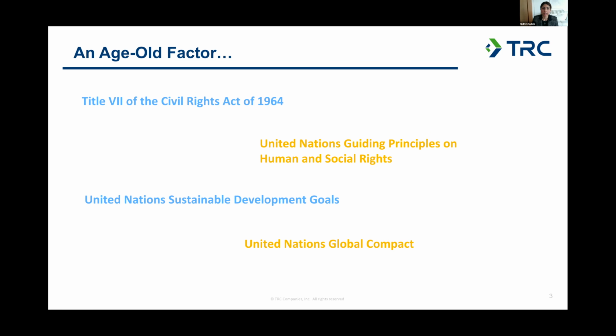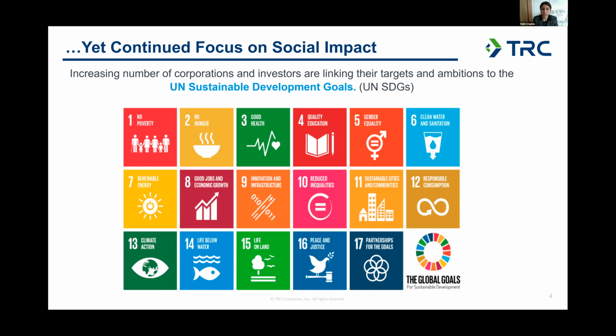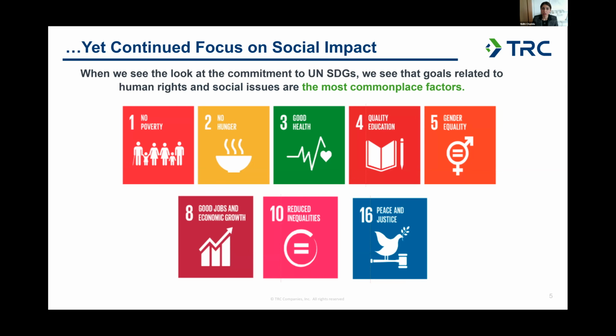it's been around having concrete actionable steps to deal with human rights abuses. Yet, when we look at the overall map of UN Sustainable Development Goals, we see all 17 goals, all of which have been utilized as being part of aspirational goals and targets for both companies and for investors. And of those, many of which are focused on social factors. Looking at these are just a snapshot of what is relevant on human and social factors, and there are other topics on the environmental side that are also intertwined.